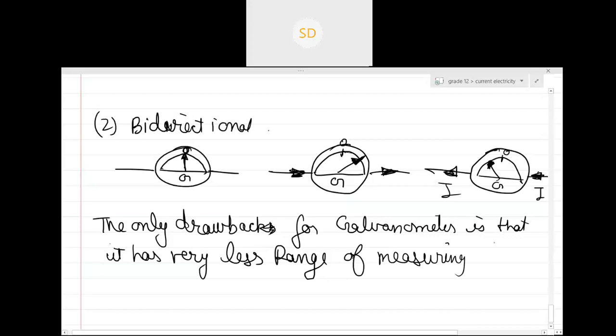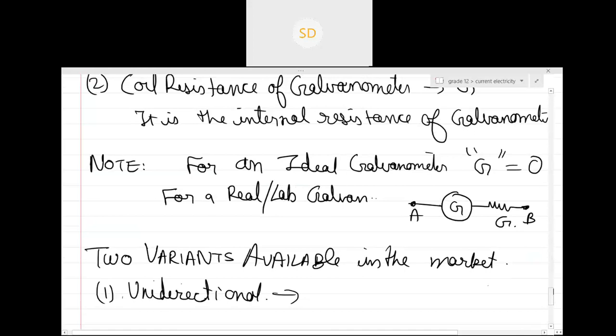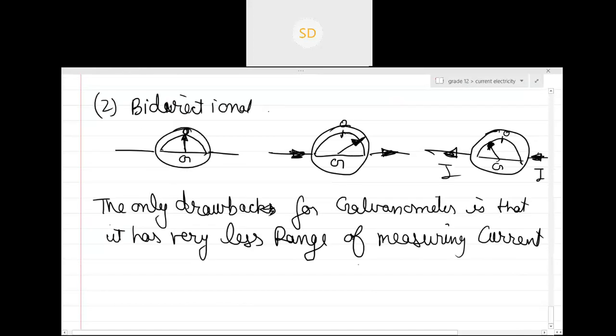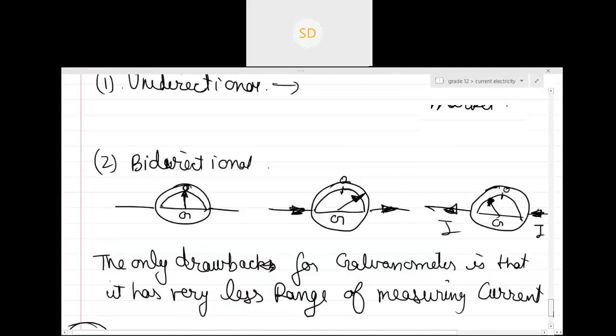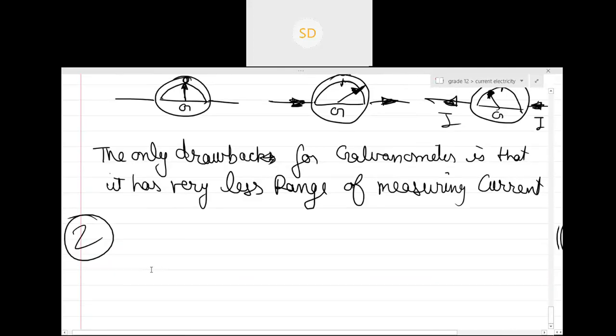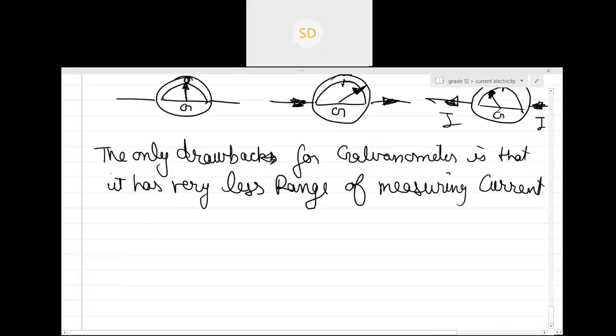The only drawback is this. Otherwise, we would have just used the galvanometer. Since this was the only drawback of a galvanometer, basically what we did, we developed another device which is known as